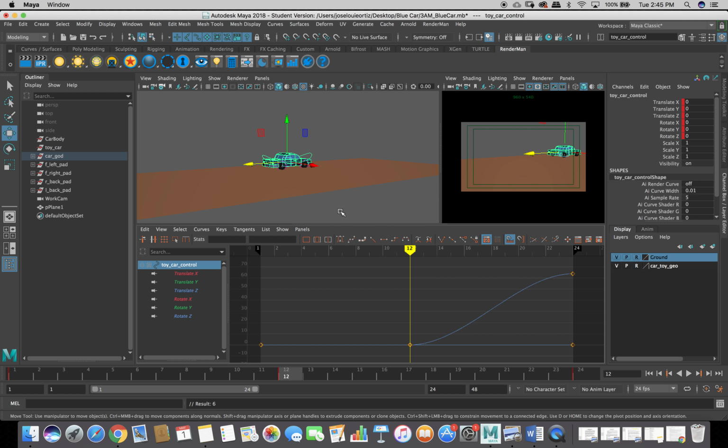So if I want to focus on it, I need to bring my cursor to the word translate Z and click on it. So now I'm seeing nothing else except the Z translation. So now it's easier to work with it. Okay, so what I want you to understand, guys, is, you see,